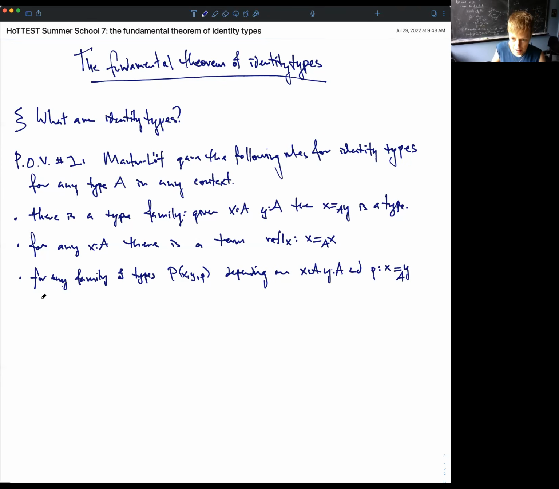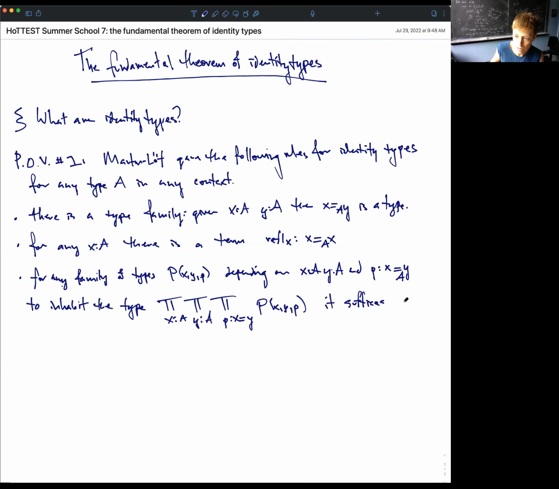I'll phrase it like this. To inhabit the type, or really to prove the type, which is the dependent function type, to prove for all X, because we read these pi types as for all, for all Y, and for all identifications between X and Y, that P, X, Y, P holds. In other words, to construct a dependent function or to prove this implication, it suffices to inhabit